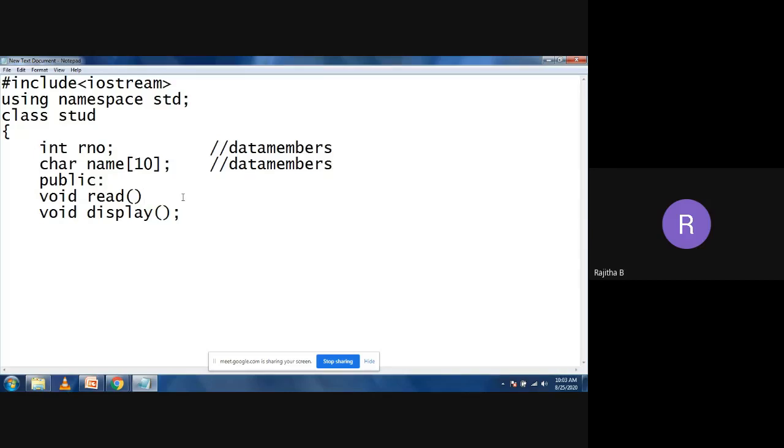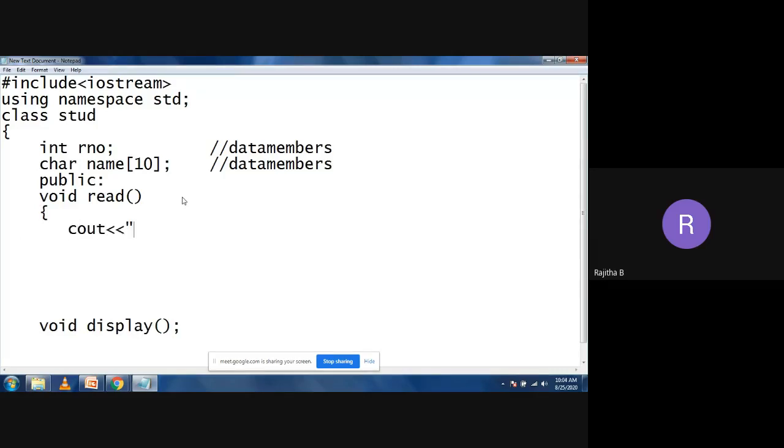In this program, I'm going to show both ways to define the member function. So here I'm taking void read. I want to write the code for void read within the class, so I'm opening the curly braces here itself. Now here I need to write the code.